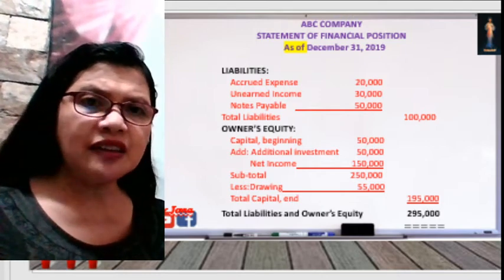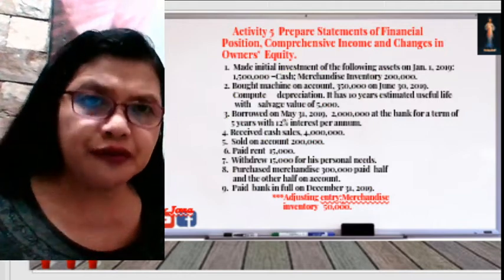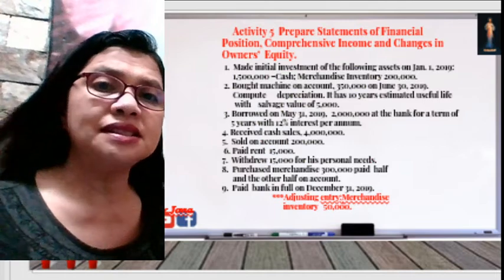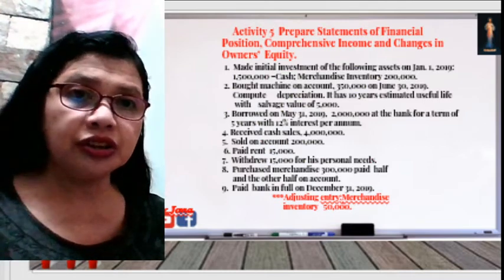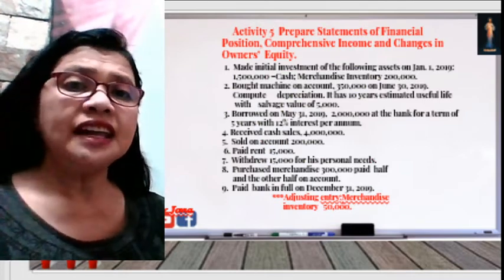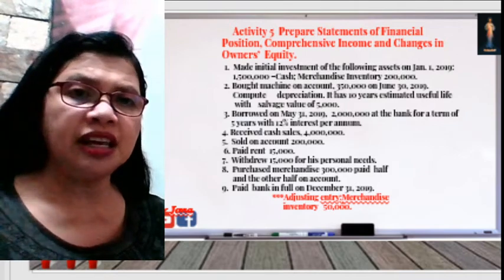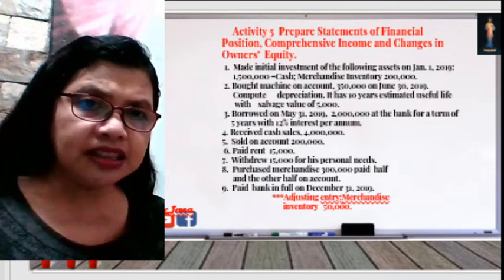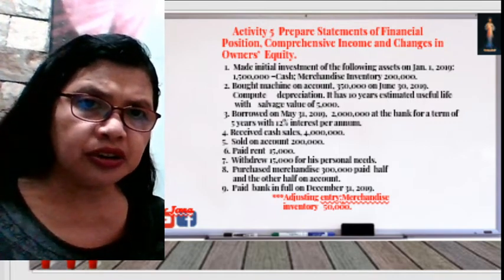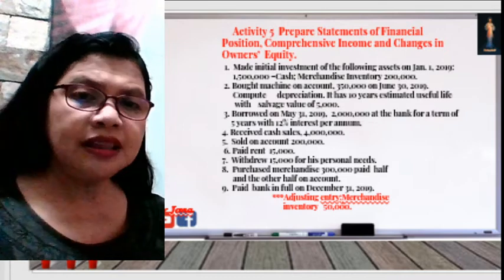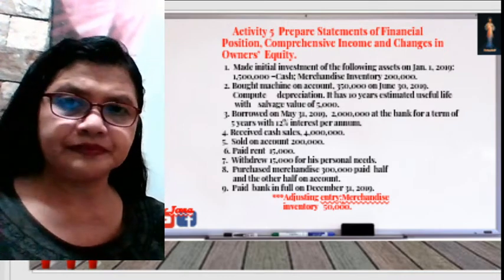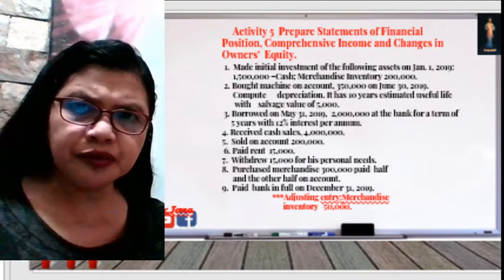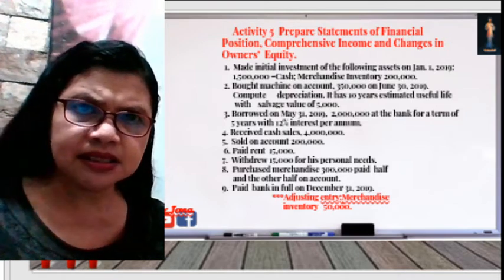Okay, now let's have another activity. Activity 5 requires us to prepare statements of financial position, comprehensive income, and changes in the owner's equity. Okay, let's discuss this one by one. Take note, there is an adjusting entry also of merchandise inventory in the amount of 50,000. So the first problem is